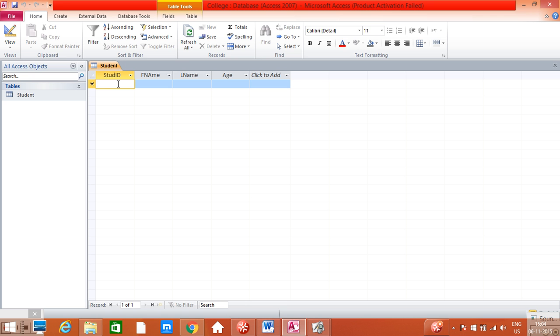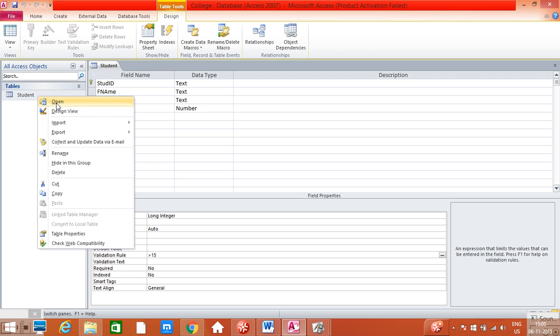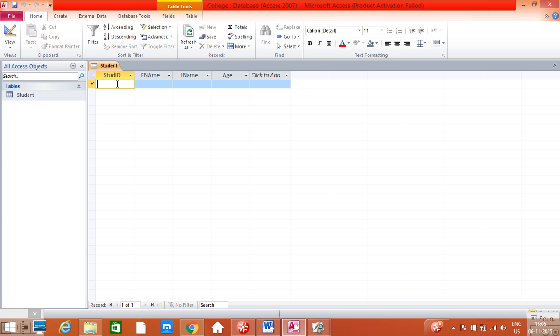So I will give the student ID. Remember that the student ID is a text type. If at any point of time you want to see the type of the field, you can simply go back and click on design view. You can check what is the type of the data which we want to enter. Okay, so you go to the open and here you write, for example, here the ID is